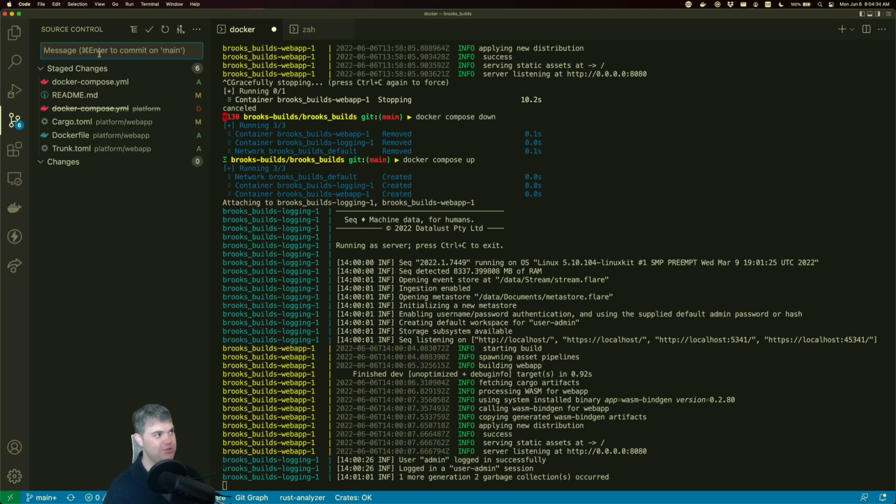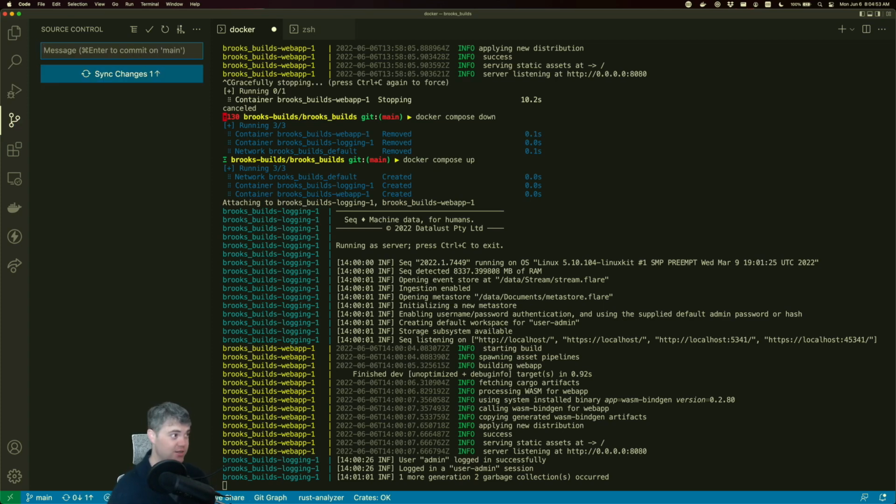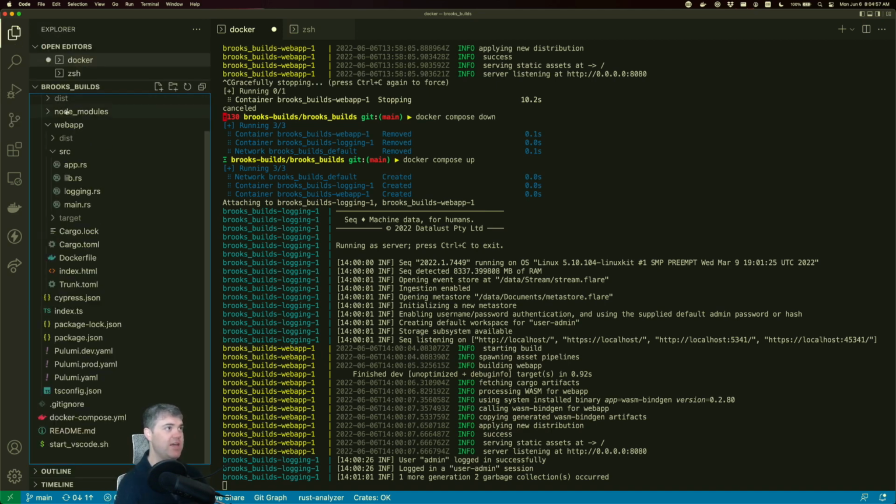Okay, so what are we doing? We just got the app working in Docker Compose, as opposed to docker-compose. All right, so next up,